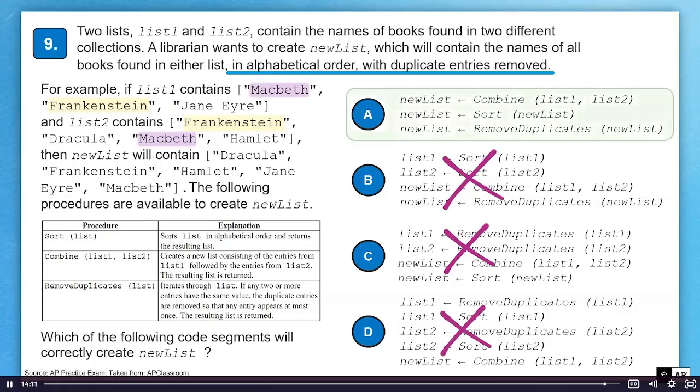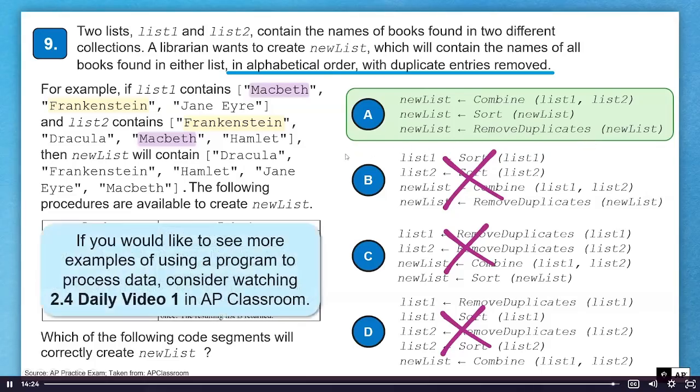So A seems to be the answer. That's because I combine, so list 2 will come after list 1. Then I'll sort, so I'll get my alphabetical order of all of them, and then I'll remove duplicates in the new list. If you want to look more at examples of using a program to process data, look at